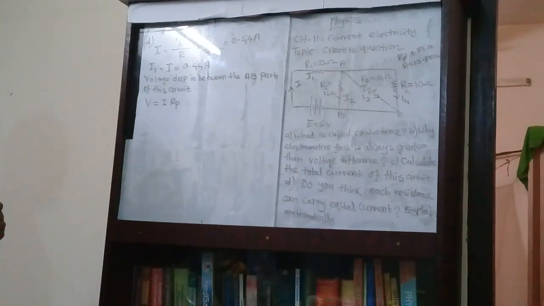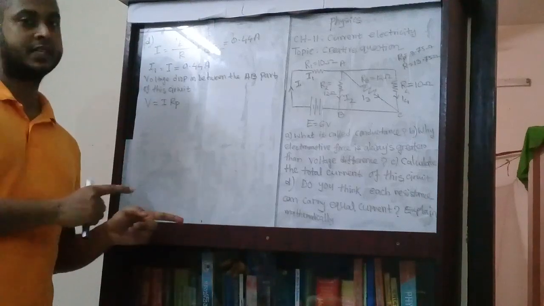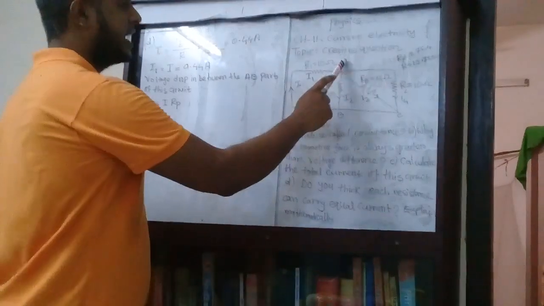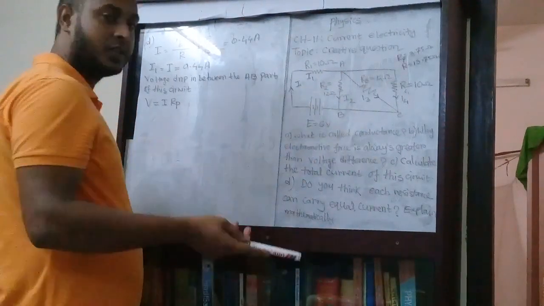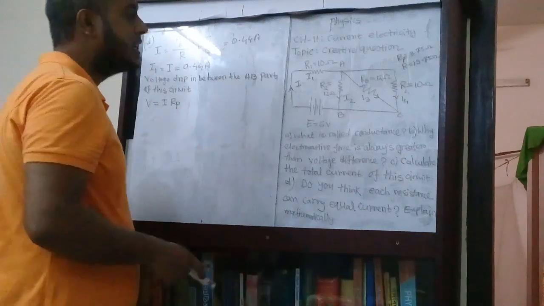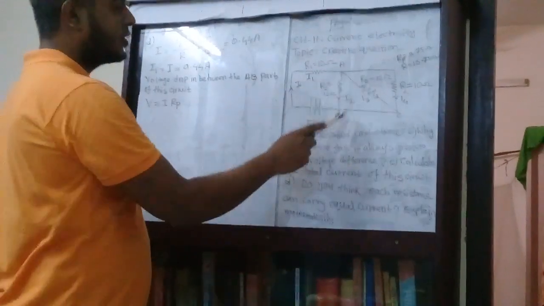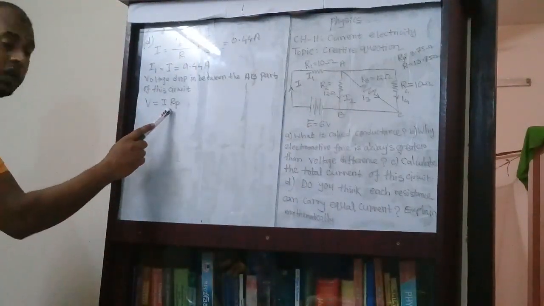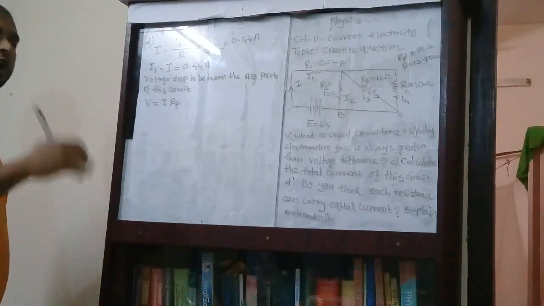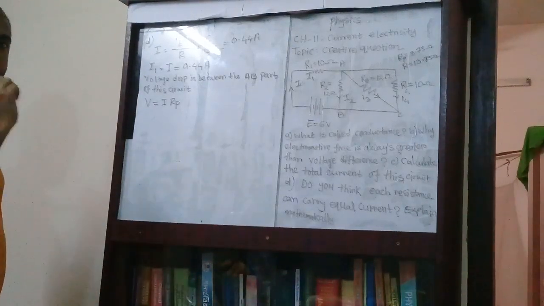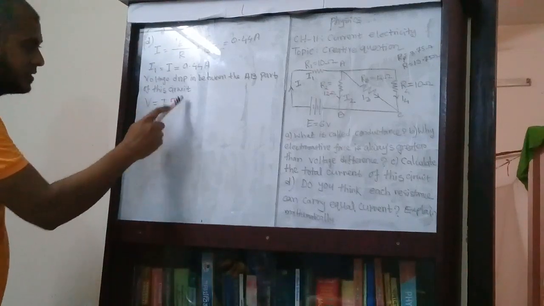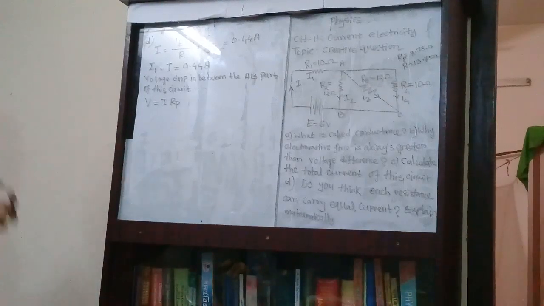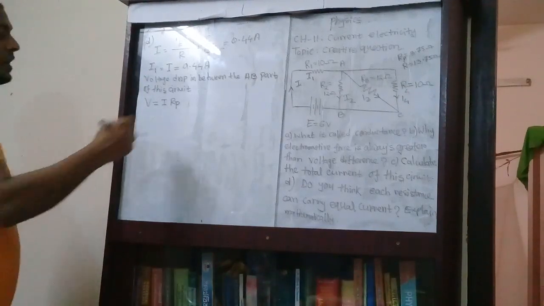If you find out the voltage drop of an individual part of the circuit, say in this part I'm going to find out the voltage drop in between the AB part, then I need to use R equal to the equivalent resistance of that part. So here R equals